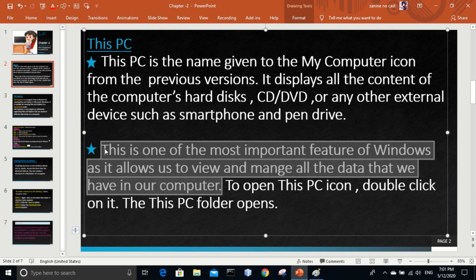There you can manage and also see. So as a conclusion, we can say This PC is a program which is used to view and manage all the data that we have in our computer. Understood?